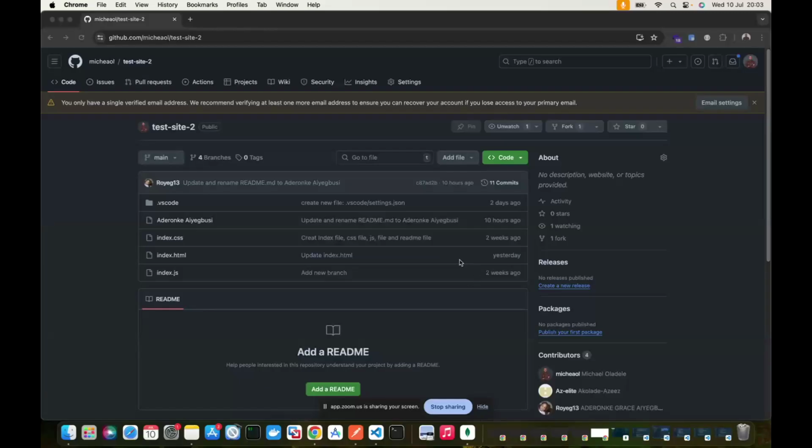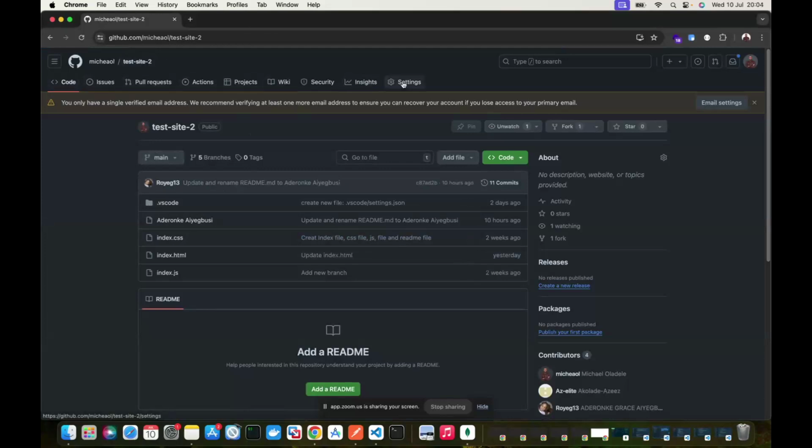So let me share this very screen. Let me know if you can see my screen. I can see your screen. Now, let's assume that you are in charge of a project and you are the one that created a repository. For others to collaborate on the project, once you have opened the repository, you can see all of these tabs.